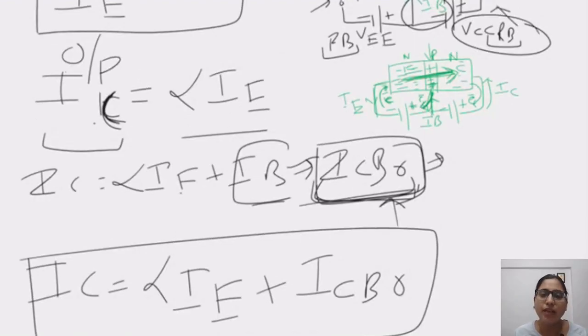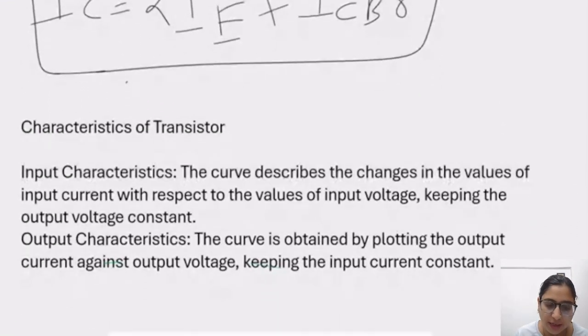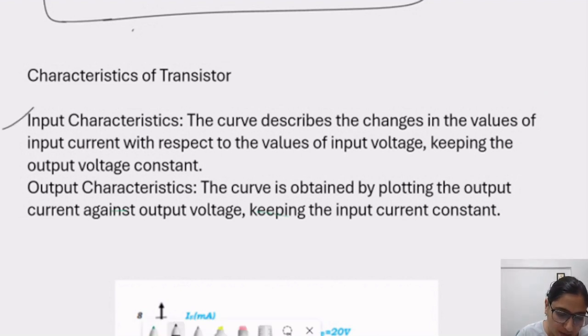Now we will discuss the VI characteristic graph or input output current voltage graph of common base configuration. So here in characteristic graph of transistor, few characteristics are there. One is input characteristics. We know that emitter base are input terminal and collector base are output terminal. So few output characteristics are also there. So we will discuss two graphs. First one is our input characteristics. Second one is our output characteristics.